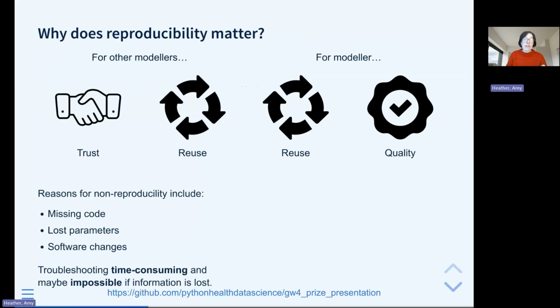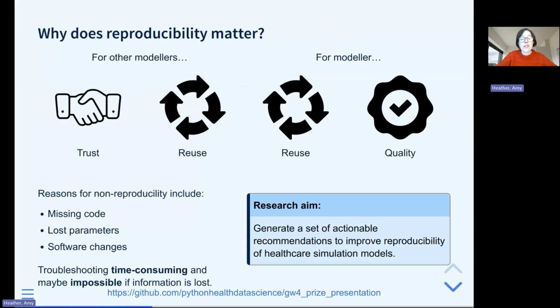Reasons that a model might not be reproducible include missing code, lost parameters, software changes, among other things. And troubleshooting this can be really time-consuming and maybe impossible if the relevant information has been lost. So the aim of this work was to generate a set of actionable recommendations to help improve reproducibility. This could help address some of the known barriers and concerns, like the skills and time required to ensure work